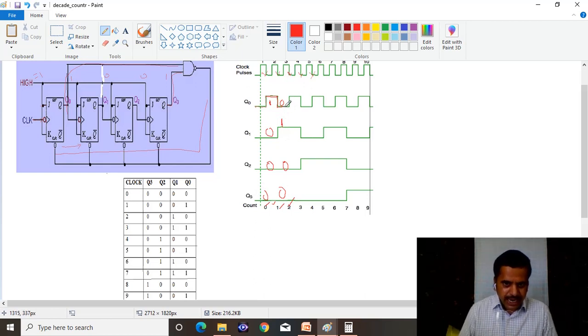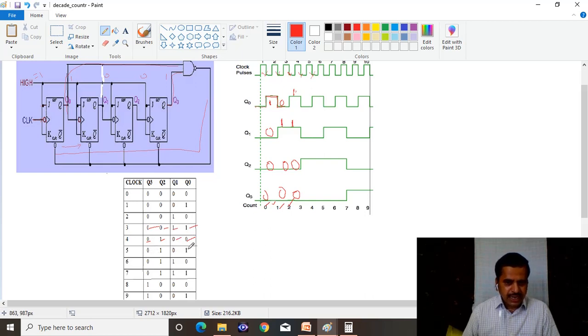When the third clock pulse is applied, again it goes to 1. When it goes from 0 to 1, it is not a clock to the second flip-flop. There is no change. When it is a 1 to 1 transition, there is no change. Again a 0 to 0 transition, there is no change in the fourth flip-flop. The flip-flops change their states only on a 1 to 0 transition at the clock input. That becomes 1, 1, 0, 0. When the fourth clock pulse is applied, it counts to 0, 0, 1, 0.